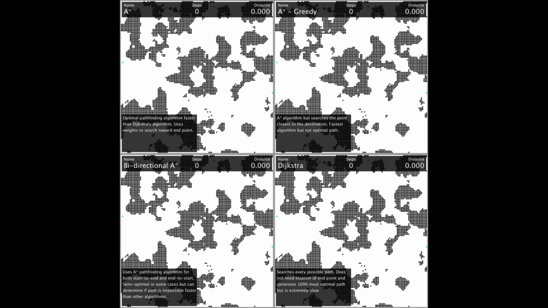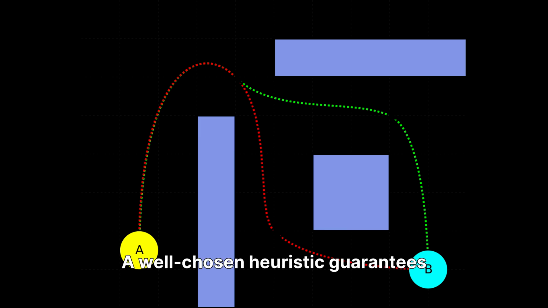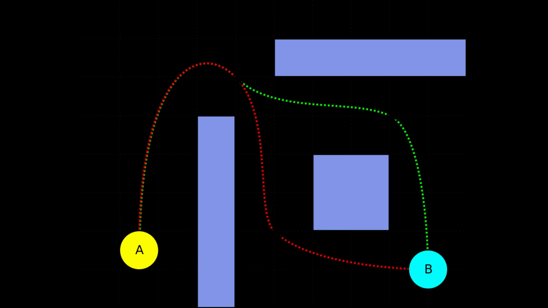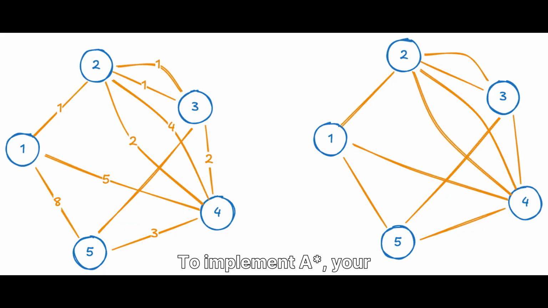Heuristics are crucial for estimating the cost from a current node to the goal, significantly impacting A*'s efficiency. A well-chosen heuristic guarantees finding the shortest path if it never overestimates the true distance. To implement A*, your game environment must be defined as a graph or a grid, providing the structure for the